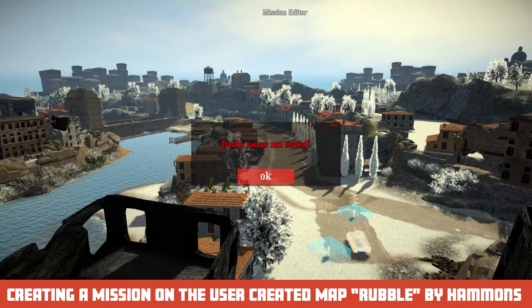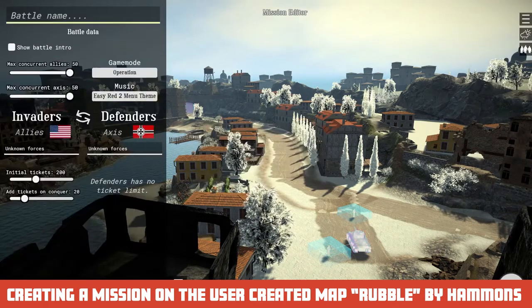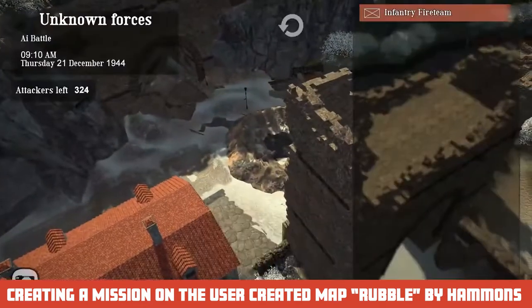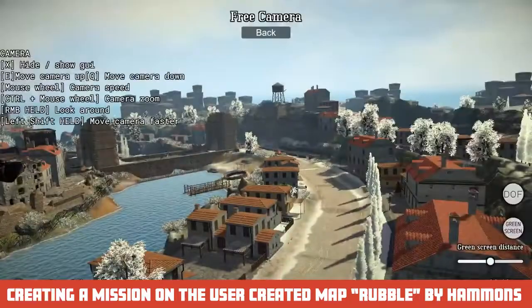I understand that this could be a cool idea in case in future we might want to add some stealth missions, but that's not really what the game is about. It's more about big battles. But I see that some users try to do stealth missions in the map editor and mission editor. So this is not something that the game is meant to have.